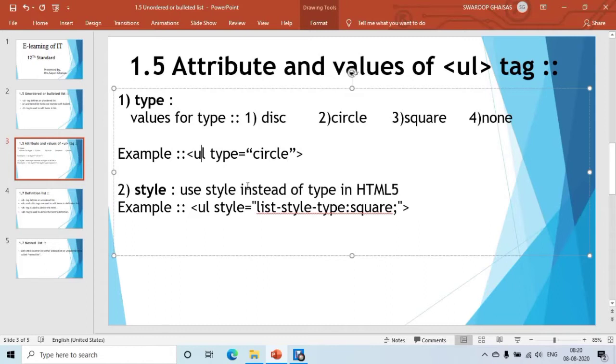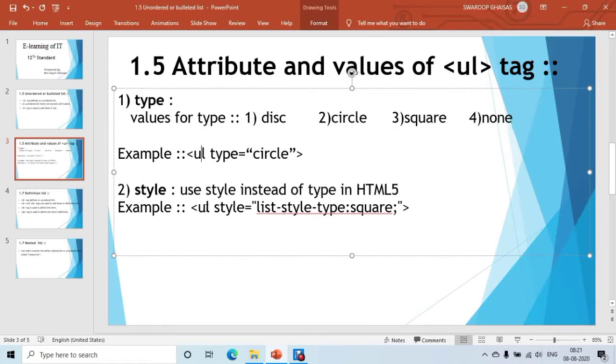The second attribute is the style attribute. You can use this style attribute instead of the type attribute in HTML5, because sometimes HTML5 does not support the type attribute. In that case, you can specify the different markings for the list in an unordered list, as circle, square or none, by using the style attribute.